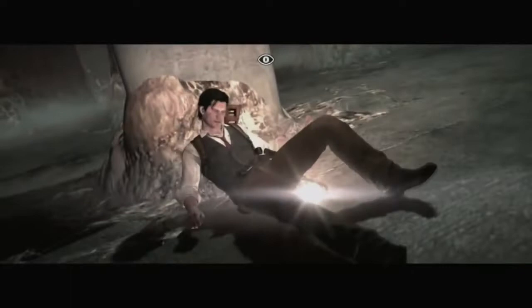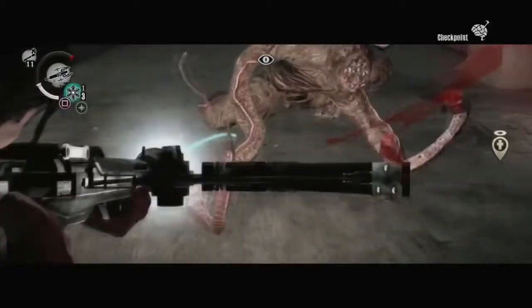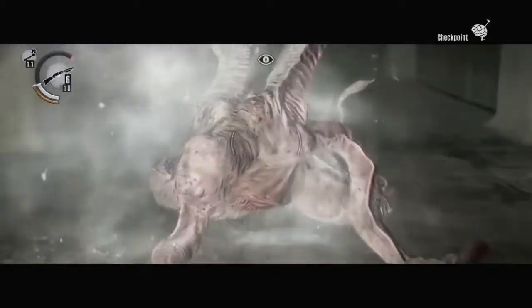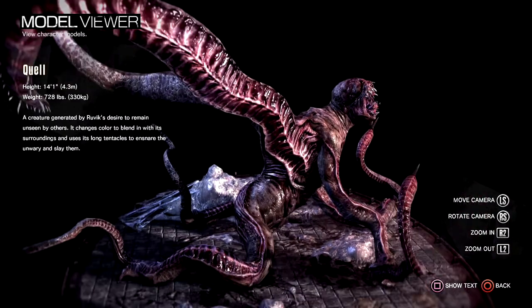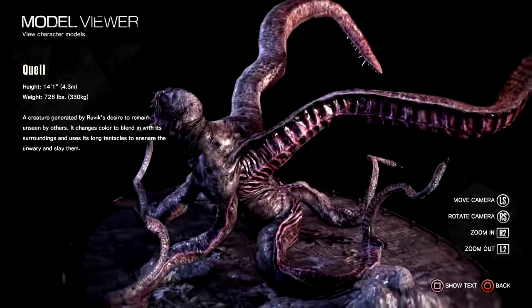The Quell was generated by Ruvik's desire to remain discreet from all signs of life after he was burnt in a barn. This monster is equivalent to a chameleon in a sense. It is able to change distinctive colors to blend in with the environment at ease. It likes to grab its prey with its squid-like tentacles, ripping tendons from the human head with a pharyngeal mandible. This monster appears to reside in derelict tunnels, which lends credence to Ruvik's instinct to get away quickly. This creature resembles a human, a serpent, and a cephalopod that has extra barbs on the arms to wound the victim. This bundles the creature into one horrific deformity.